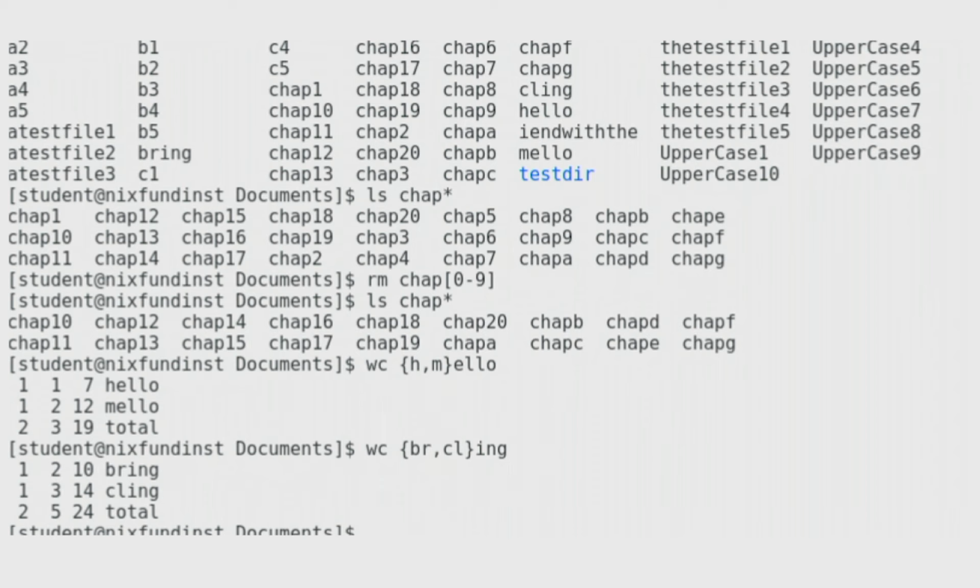Next, we'll run the rm command, and here I'm going to use the square brackets, but I'm going to use a not symbol. And that not, in a lot of different programming languages and scripting languages